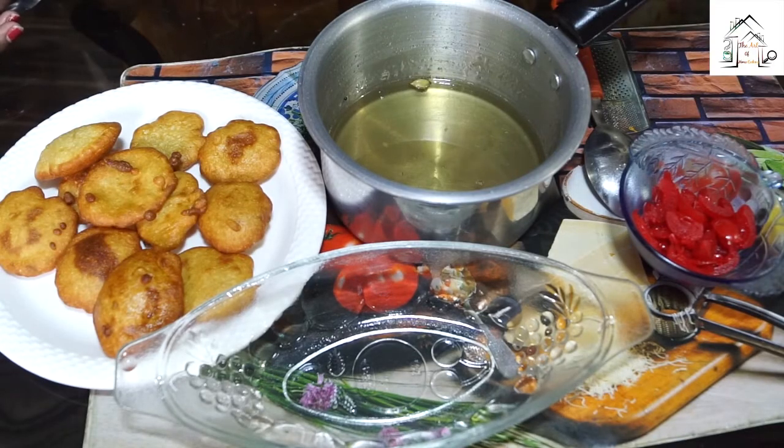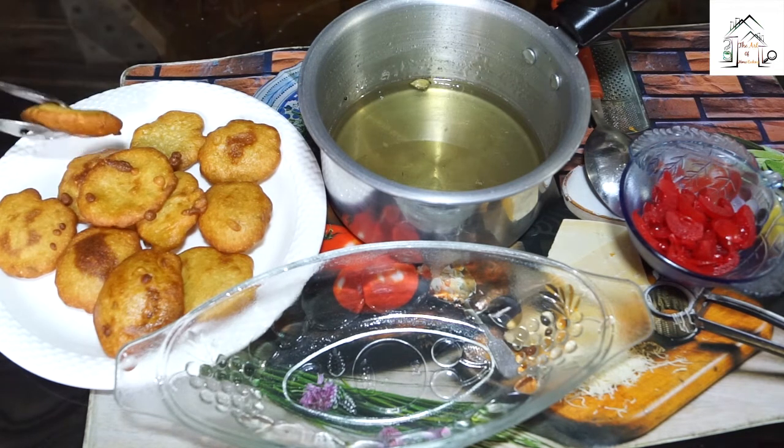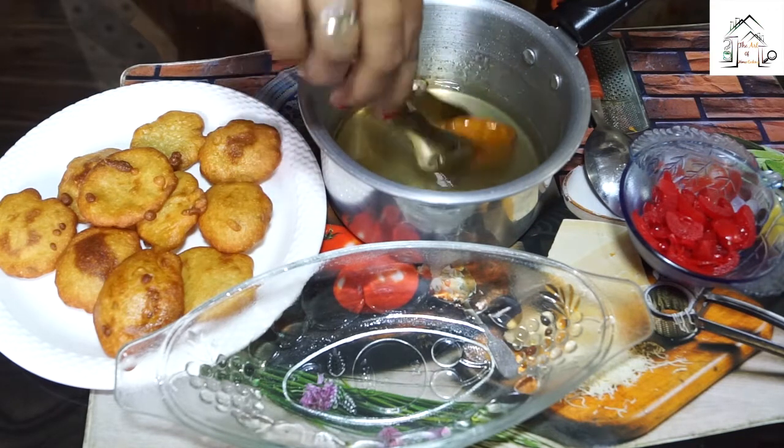Okay, now it's time for the final stage of preparing this Malpua. So for that I'm taking one Malpua and will dissolve it in this sugar syrup like this, and